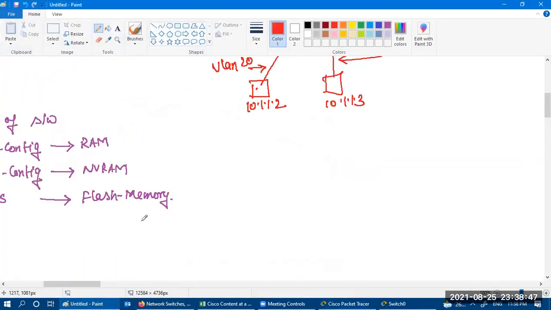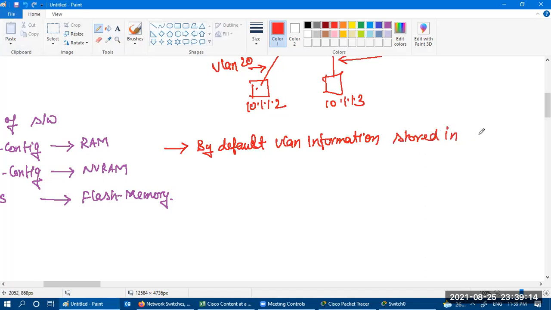One more point I want to add, and it is very important from the interview point of view. By default, VLAN information is stored in a file called VLAN.dat.